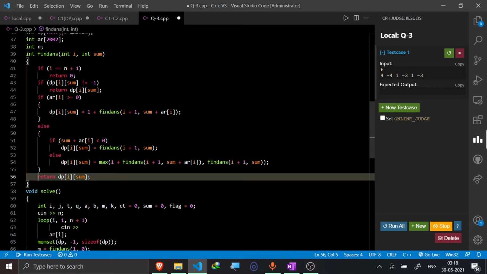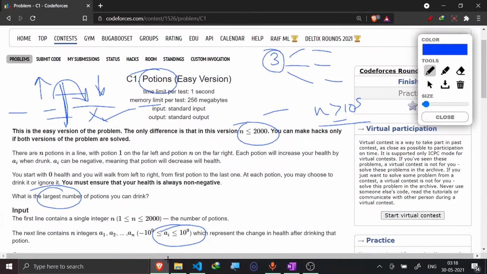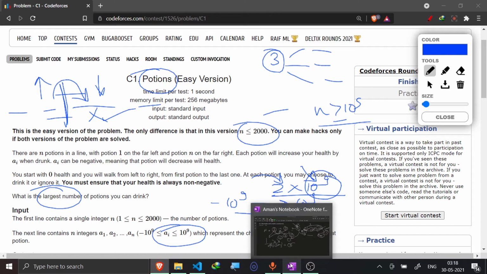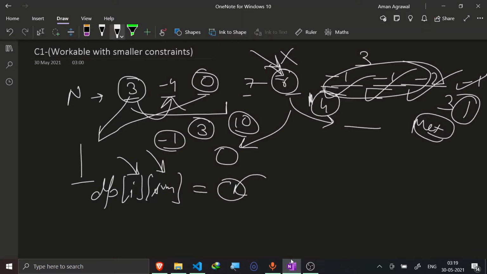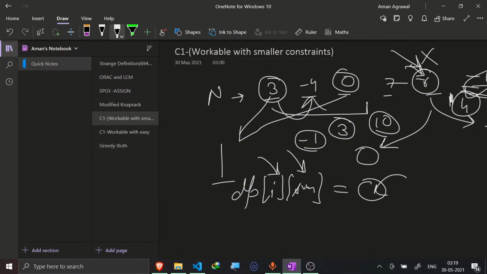So you could see that it would definitely work, but the constraints in the problem given were from minus 10 raised to the power 9 to 10 raised to the power 9. So basically, I need an array of size 2 into 10 raised to the power 9 to hold all the negative and all the positive values. But as I cannot make an array of such a large length, this solution would not pass for this, but it would definitely be passed, I think, with smaller constraints. So basically, I just showed you one approach so that you could get a feel of it. So now let me move on to another approach.